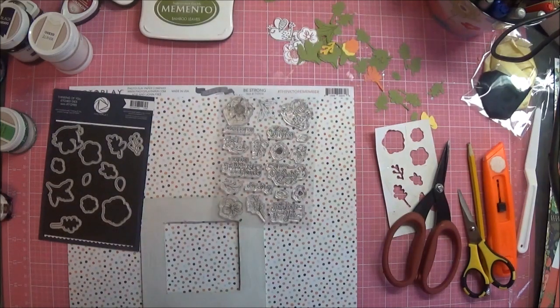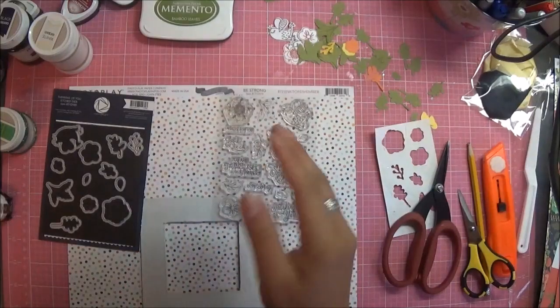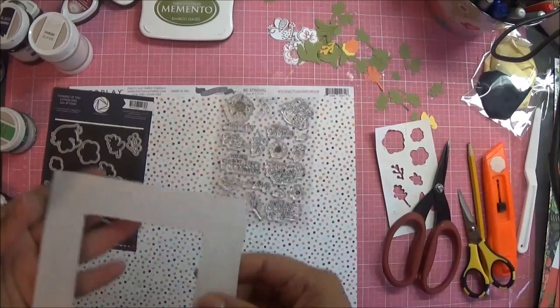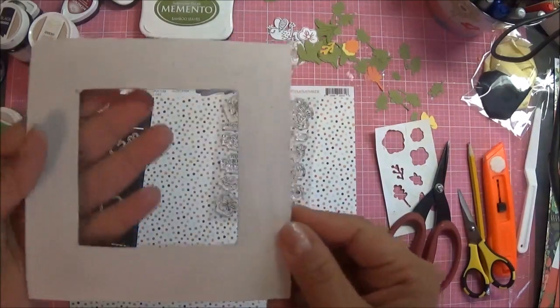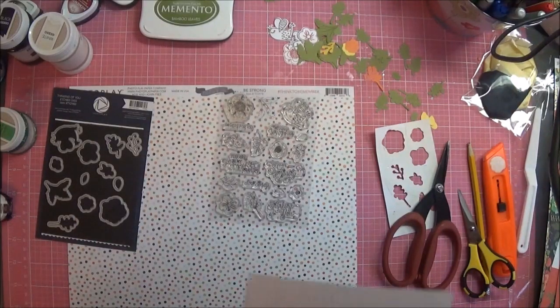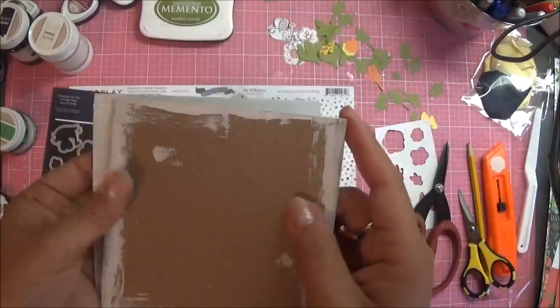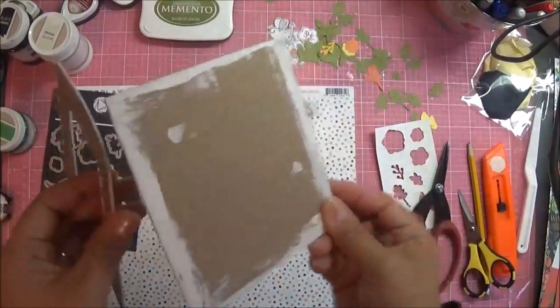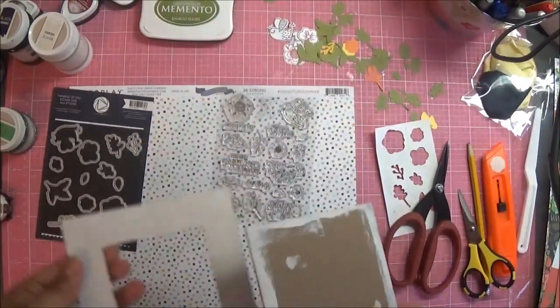We are going to be making a frame. I went ahead and did some prep ahead of time, but we're using these awesome frames from the store. They come like this, and they are just regular chipboard. I did some prepping before the video. I just did some white gesso around here. We are going to be using